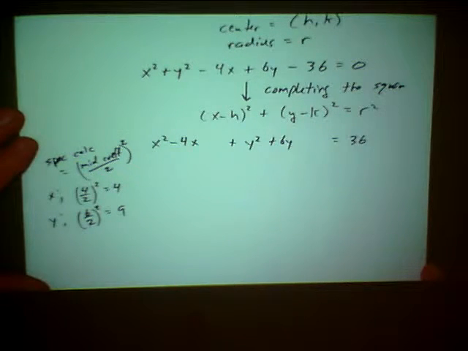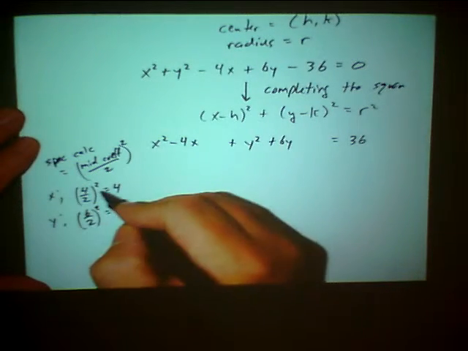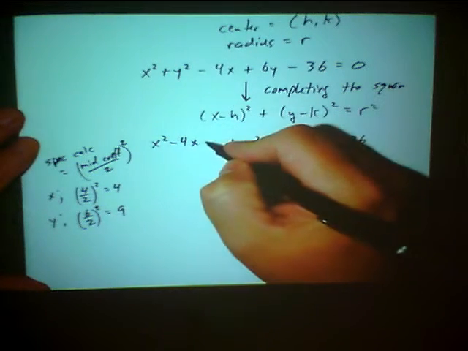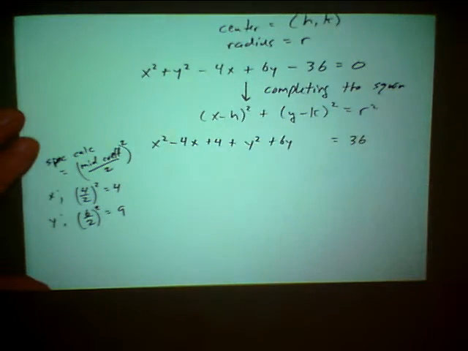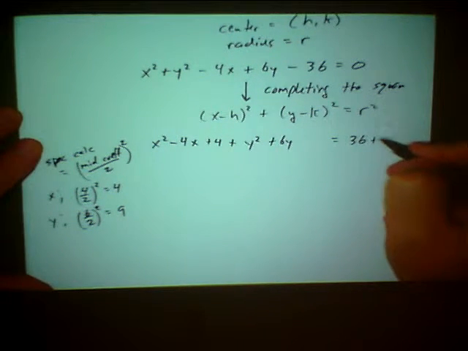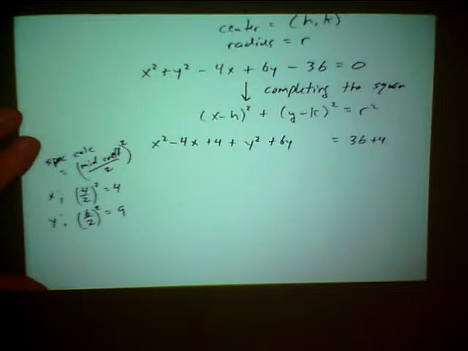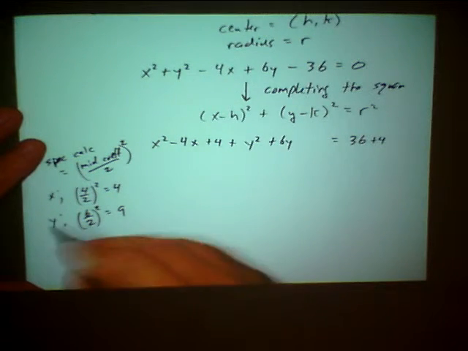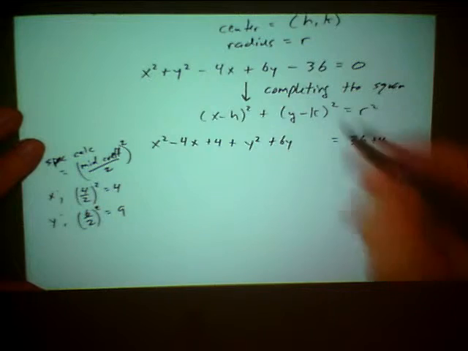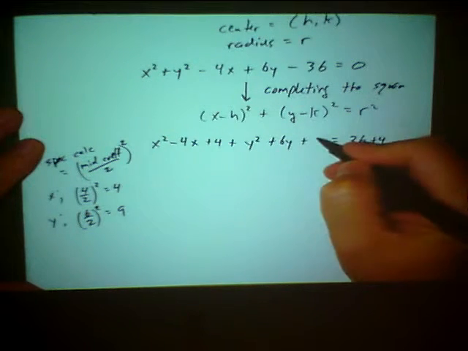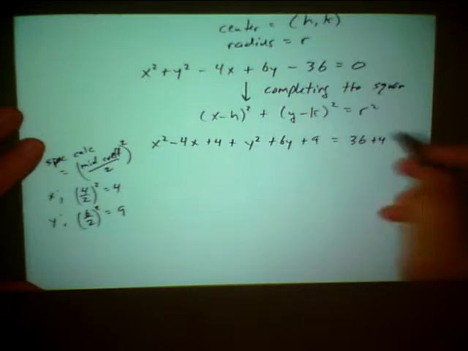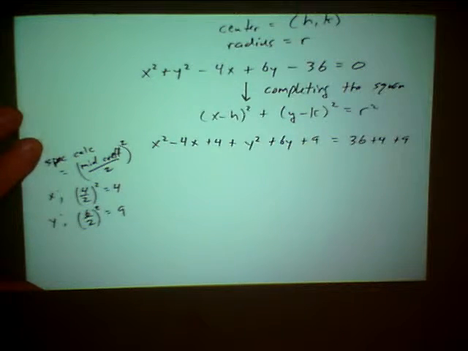Now I'm going to add them into my equation. For the x special calculation, I put it right here after the x terms, and since I add 4 on the left-hand side, I have to add 4 to the right-hand side. And for my y special calculation, I put it after the two y terms, so plus 9 on the left, which means plus 9 on the right. Now what happens is,